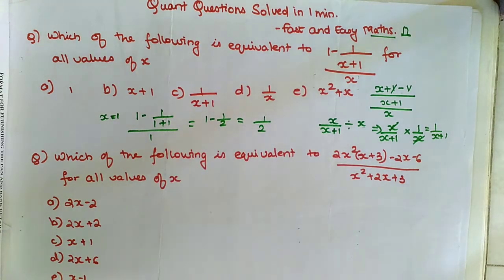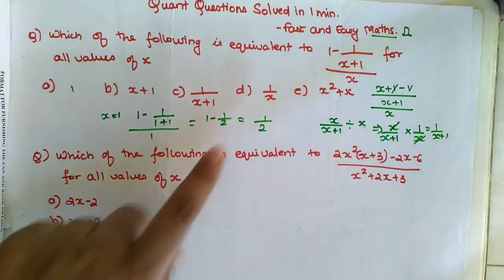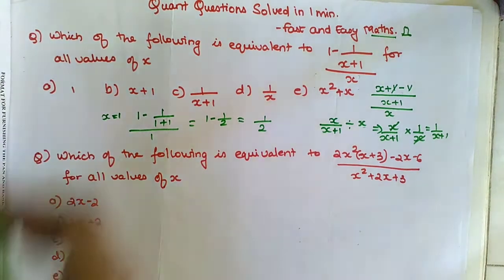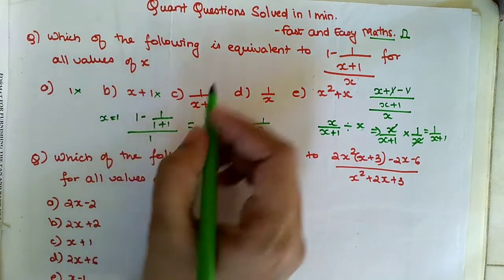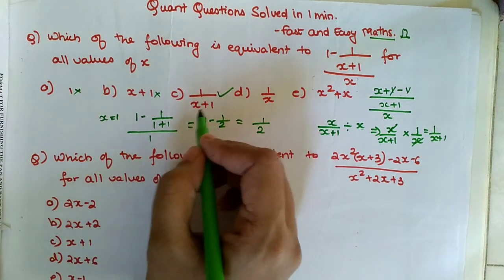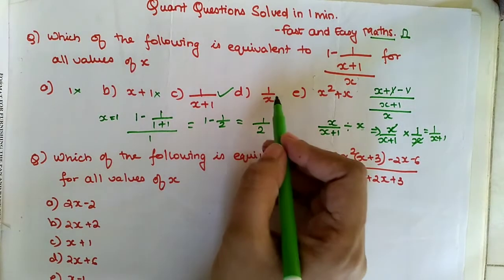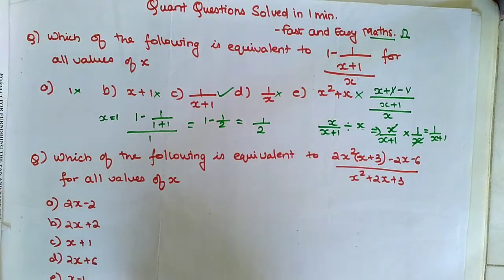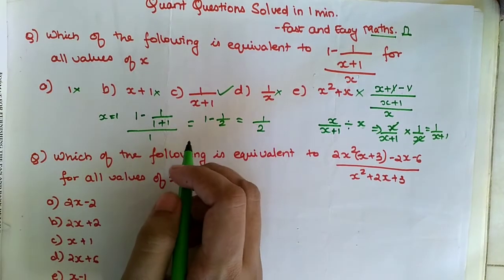So you just have to now put the value of x in all these options and check where you're getting the answer as 1 upon 2. Here there is just one number which is 1, so A is not my answer. This also is not my answer because this is 2. This is my answer because this is 1 upon 1 plus 1, that is 1 by 2. Now, if you want to cross check, this is not my answer because that is 1 only, and this is also just 2, so that is also not my answer. So students, you understood how you can solve these kind of questions by just putting the values of x.